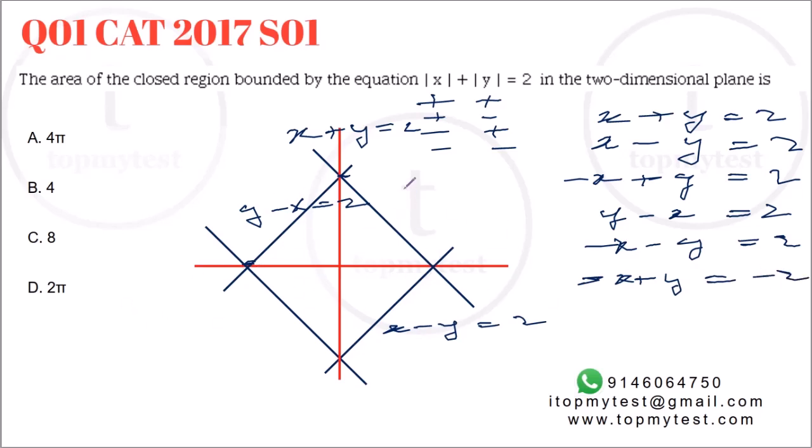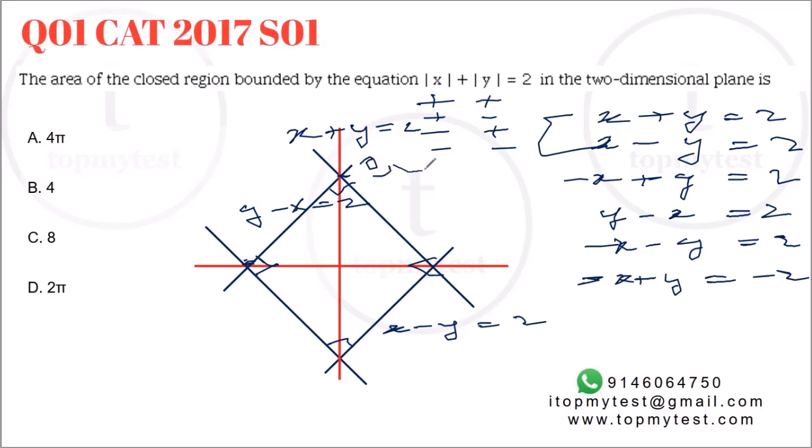So once you have this, the question is not very difficult to solve. This is basically a square because, as you can see, these lines are perpendicular to each other. You can check it with these two: the coefficients are interchanged and the sign of one of them is changed. So all of them are pairs of perpendicular lines, and given that this is a symmetric figure, this is basically a square. We need to find either the length of the diagonal or the length of the side in order to find the area. Let's find the length of the diagonal, using just the points which are there.